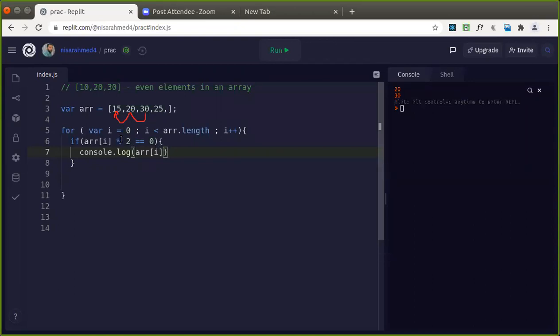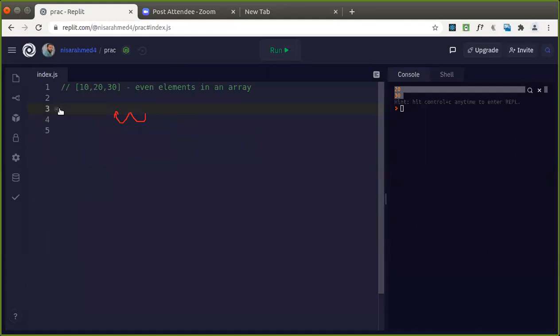Fine, 30 mod 2 is true, it's executed. 25, you can see 25 mod 2 is false, this is not executed. So that way you can get that. Yeah, guys, like that you can process the elements in an array and do any operations. Fine. Some more complicated examples we will take up at the end of the session.